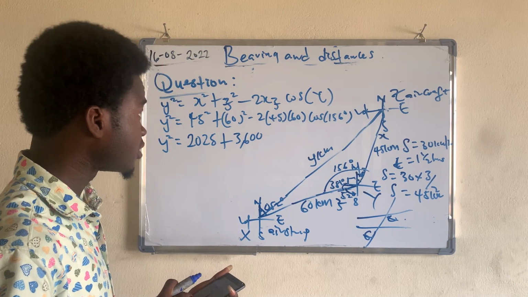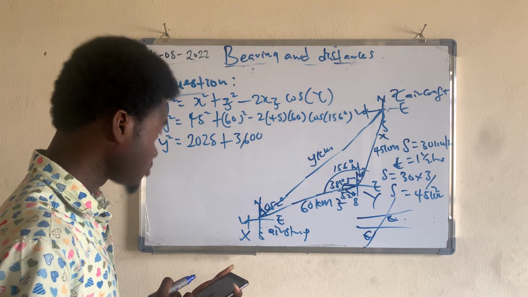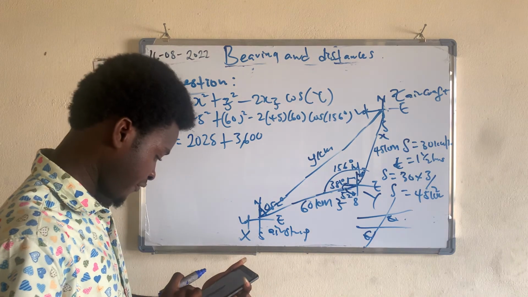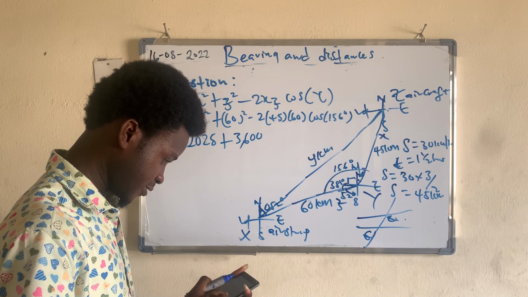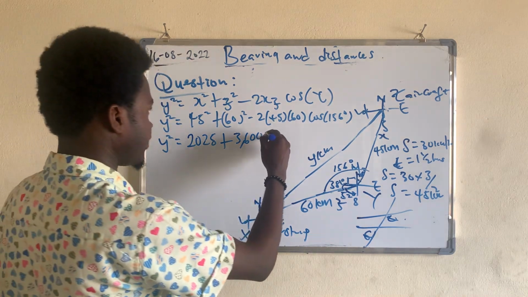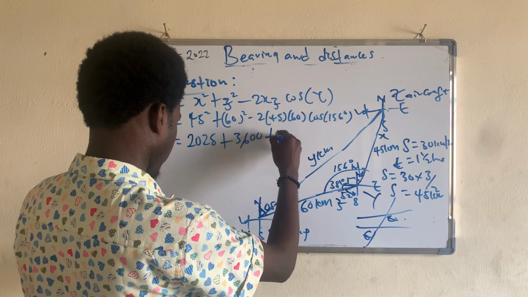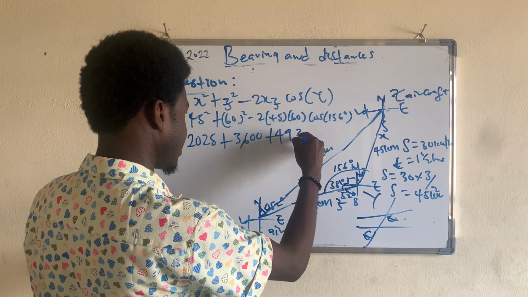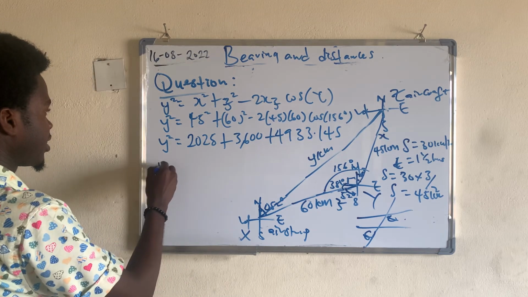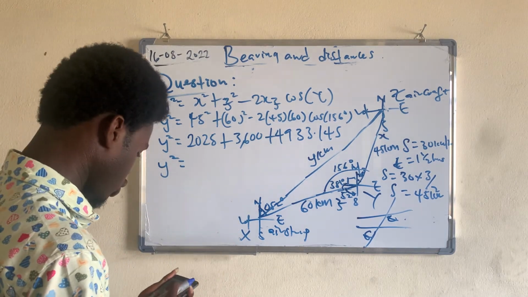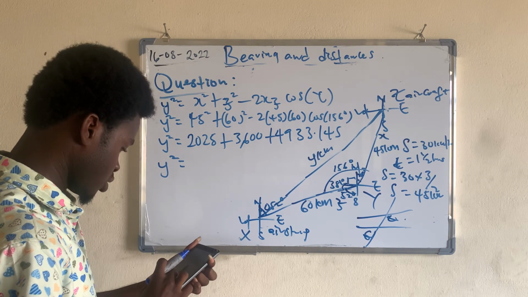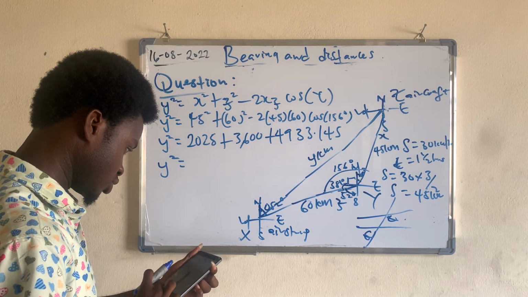Then we punch this in our calculator, we have minus 2 by 45 by 60 by cos 156. We have the value to be positive 4933.145. So that here we have y squared is, so we just sum up these values, 2025 plus 3600